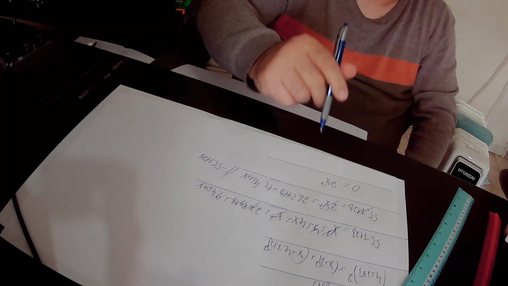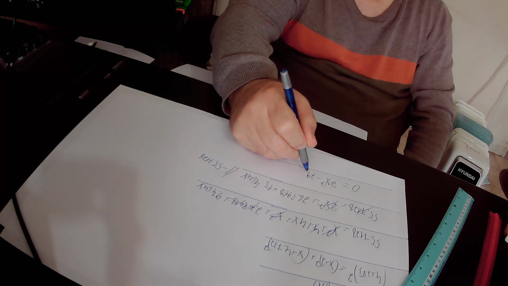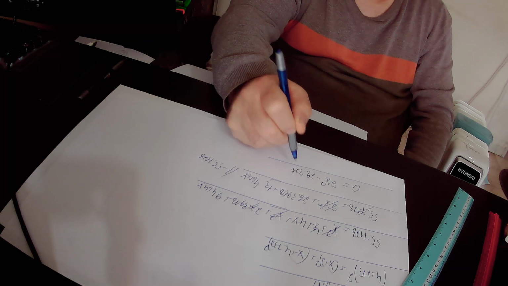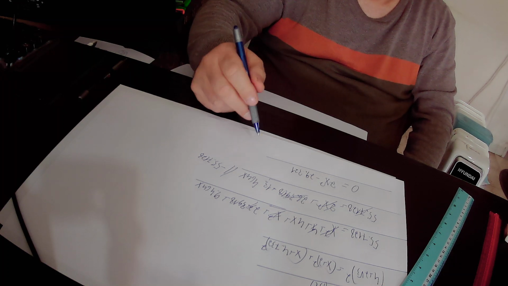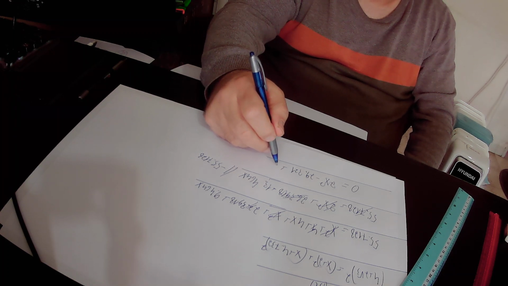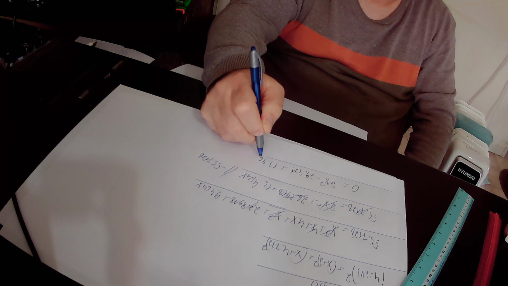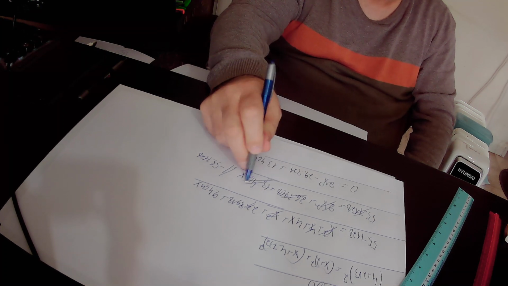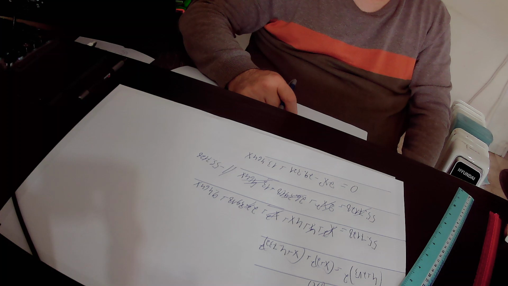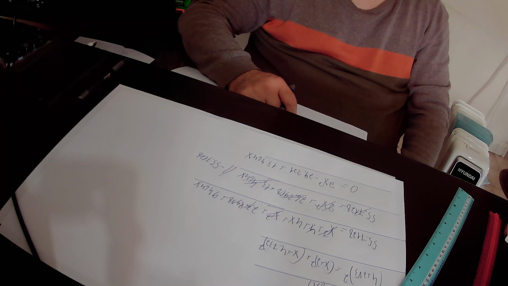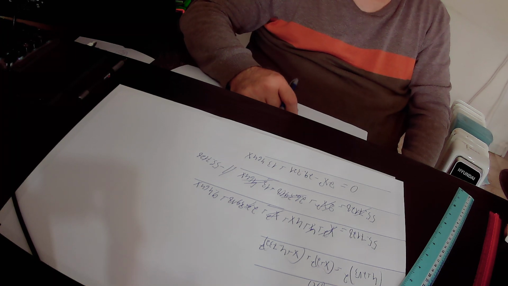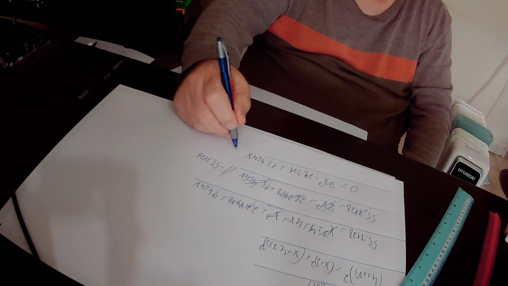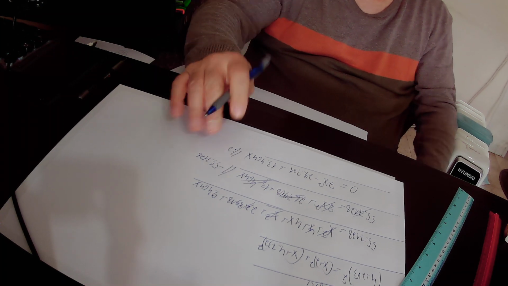minus 29.321 plus 13.464x. In conclusion, we found out that 2x squared minus 29.321 plus 13.464x equals 0. Here we divide this equation by 2, and we get that